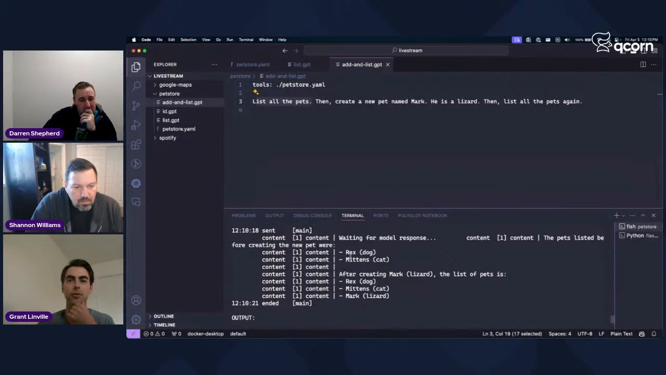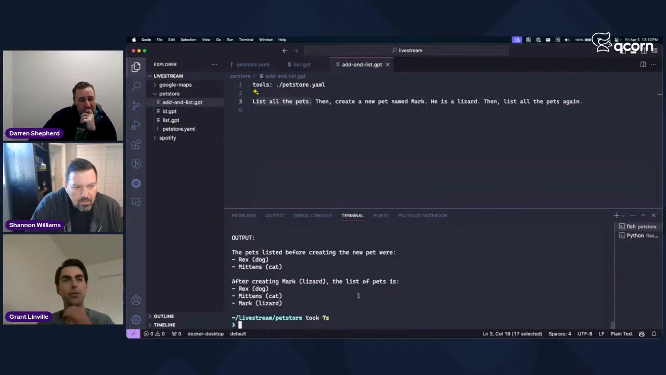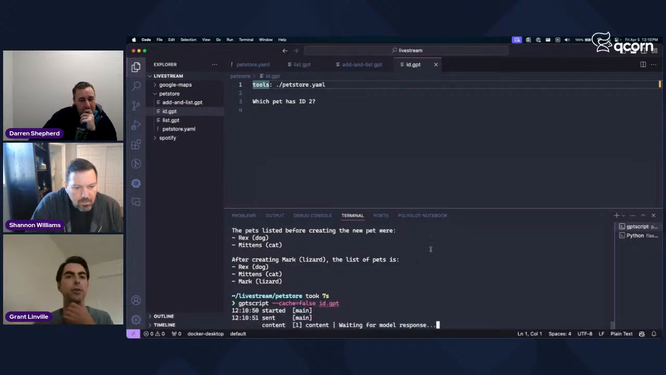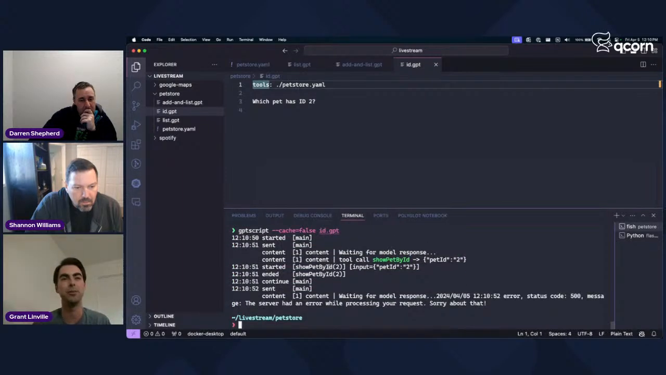So it tells us originally there were 2. Now, after it added a new one, there are 3. So fairly straightforward. Lastly, just to demonstrate the last... Sorry, I'm bad at typing and talking at the same time. To demonstrate the